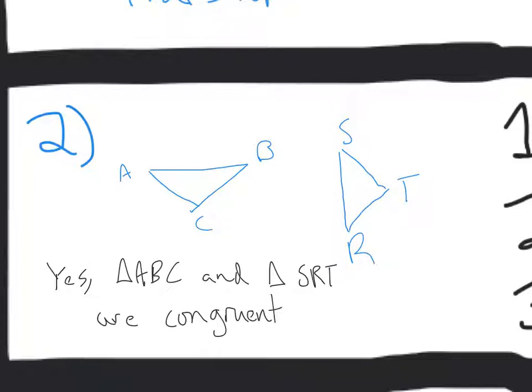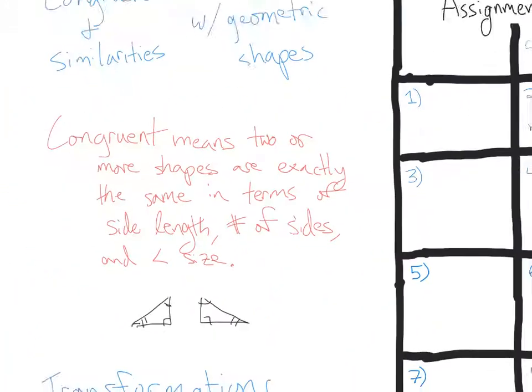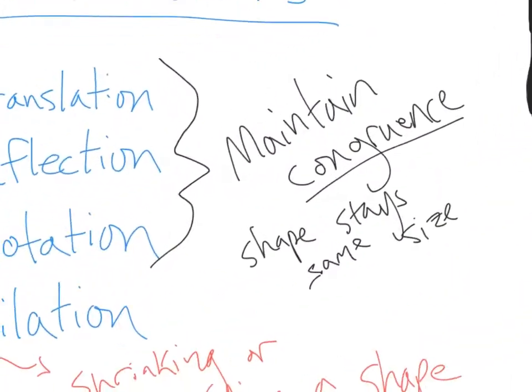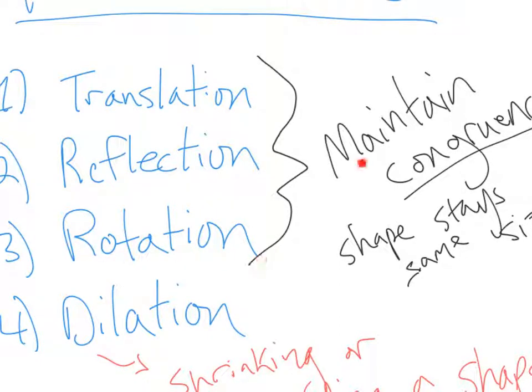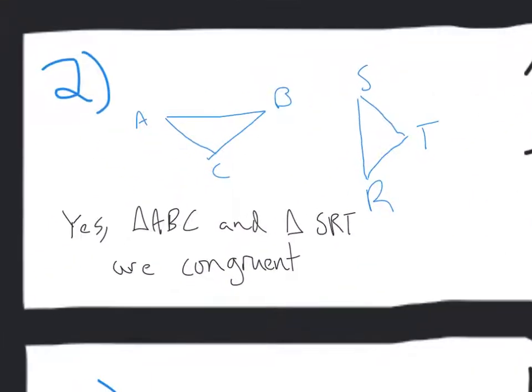And why are they congruent? Well, what happened here? What kind of transformation did we perform on this first triangle, ABC? All we did was just rotate it, right? We just rotated it, and rotations, going back to earlier, maintain congruence. So the shape did not change in size or number of sides. So yes, ABC and SRT are congruent